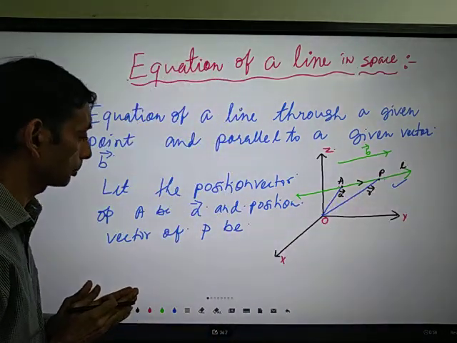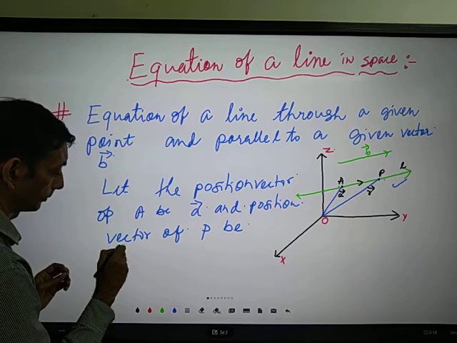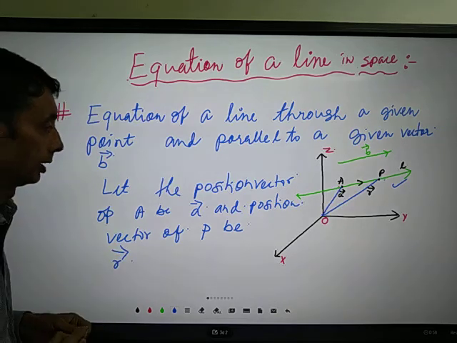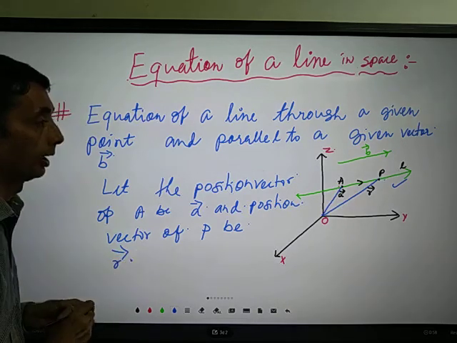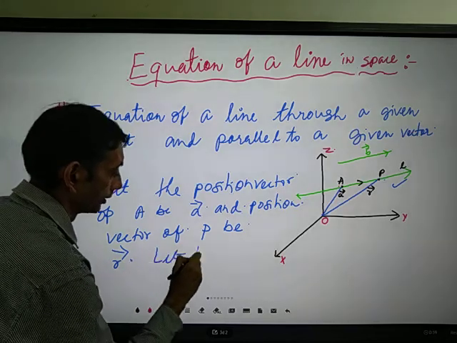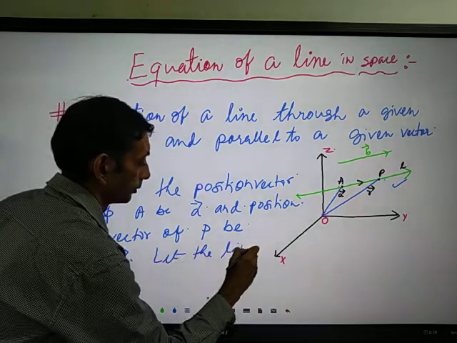Let the position vector of P be r. Let the line L be